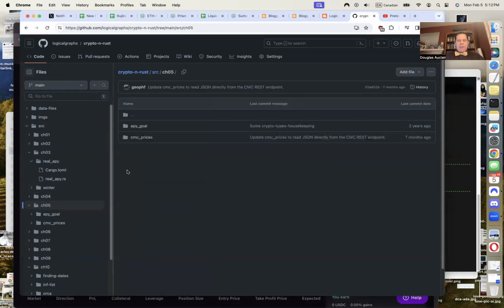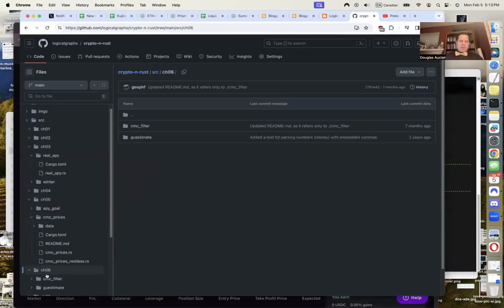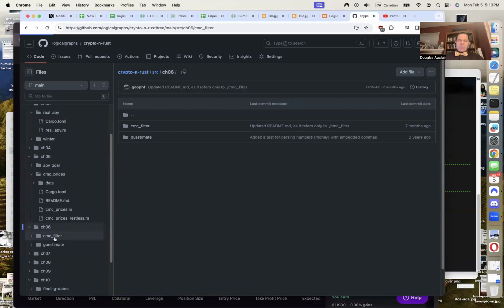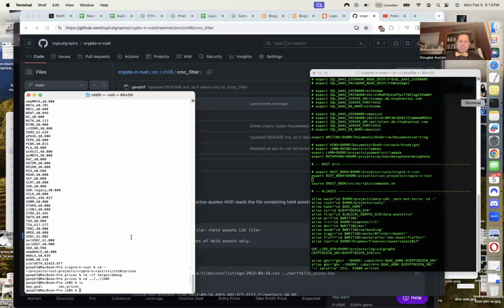So chapter 5 has CoinMarketCap prices that gets you all the prices for CoinMarketCap, all 5,000 of them. And then in chapter 6, I just happen to know that because I wrote the thing, is CoinMarketCap filter, which filters all the 5,000 prices that's gotten from CoinMarketCap to the tokens that are in your portfolio. The tokens that are in your portfolio are different than the tokens that are in my portfolio. So to manage that, what I did was I created